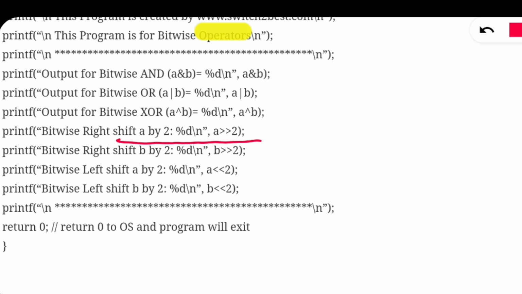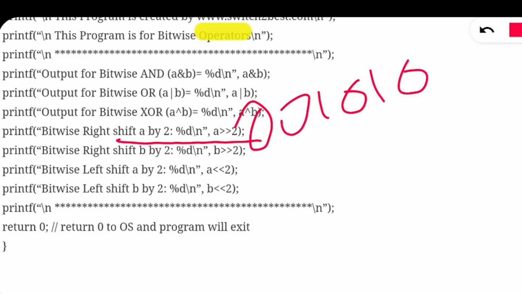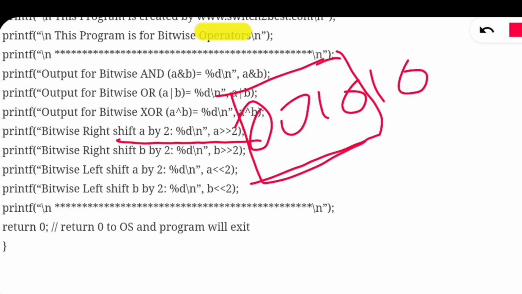So in this example, A is right shifted by 2 places. What will be the value of A? Its value is 1 0 1 0, that is 10 in binary. We are shifting by 2 places, a 2 right shift. Right shift means what you have to do? Simply remember, when you are doing right shift, you have to add 2 zeros at the left. So this much you will calculate now after right shift. What will be the value after right shift? 0 0 you have added previously, then 1 0 is there. This part will be discarded.